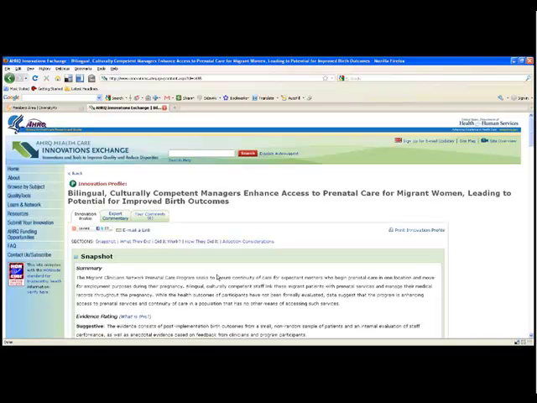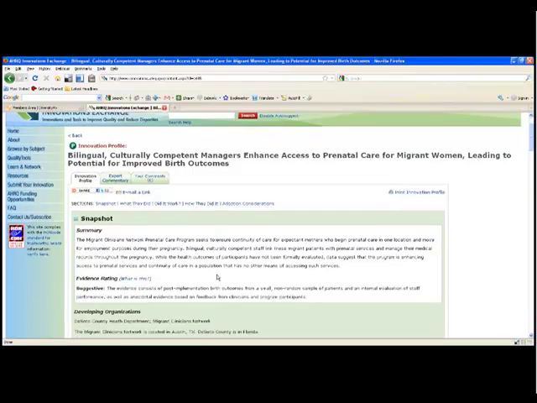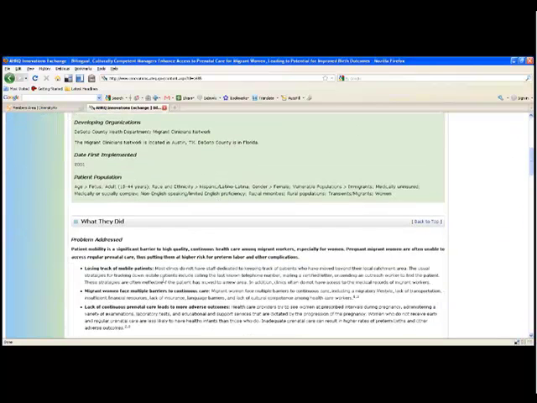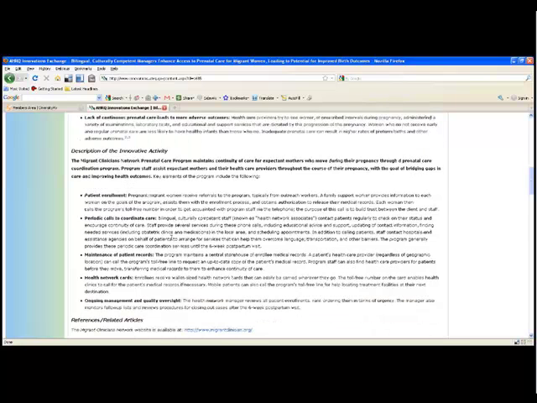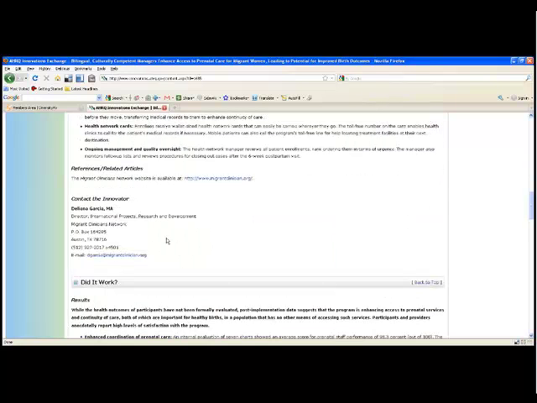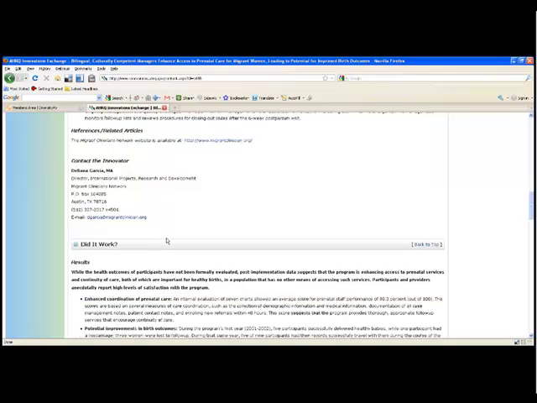There is a snapshot of the profile itself. And then you can see here what they did, what problems were addressed. You can see a description of the activity. If you keep going down, there's contact information for the innovator, and then an analysis. Did it work?